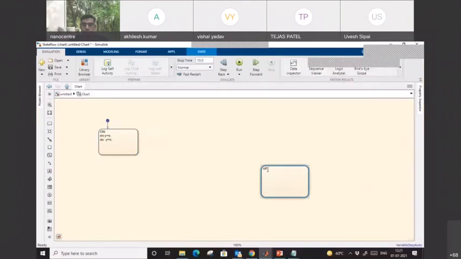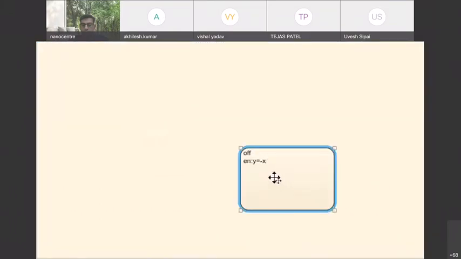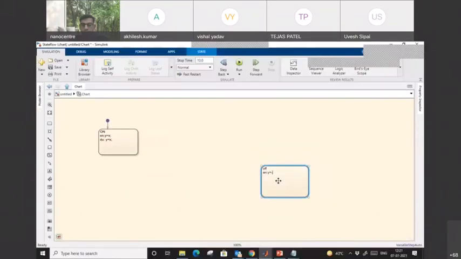And now here in the Off state, again entry y = -x. If I have to make the full wave rectifier. For half wave, entry will be 0, and during this state, again y = 0. Perfect. So like this, very simply, then we have to provide the conditions. So one will be like this.